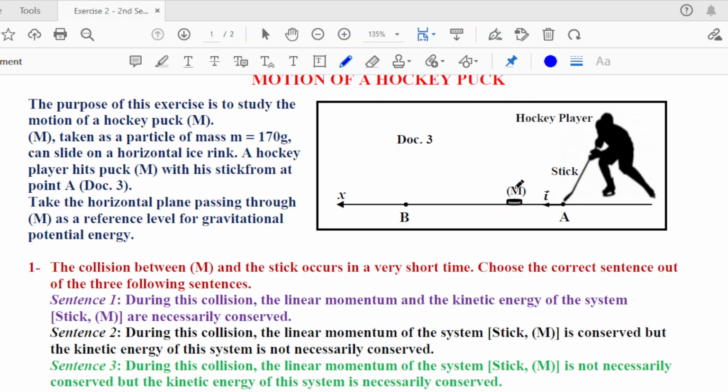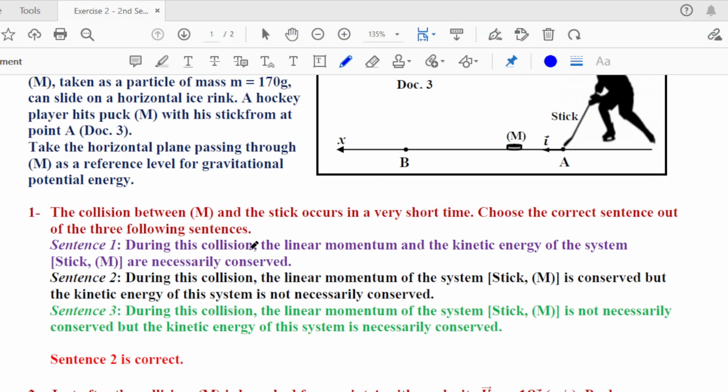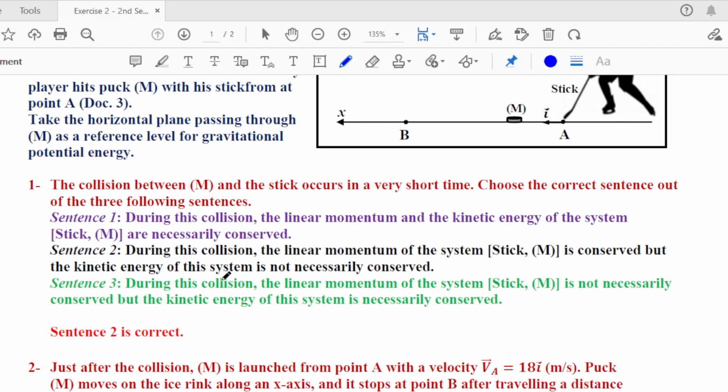Sentence 1. During this collision, the linear momentum and the kinetic energy of the system stick M are necessarily conserved. يعني عم بيقول لي بأول statement during collision لازم تكون linear momentum kinetic energy اتنيناتهم conserved. Sentence 2. During this collision, the linear momentum of the system is conserved but the kinetic energy is not necessarily conserved. Statement ثالثة. During this collision, the linear momentum is not necessarily conserved but the kinetic energy of the system